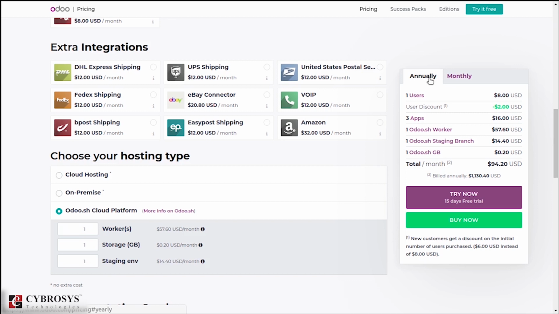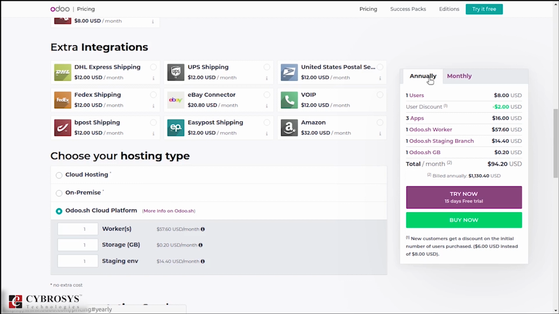Whereas for company sizing above 50 employees, or above 50 users, Odoo suggests the dedicated server, but its pricing is not provided on this site by default.